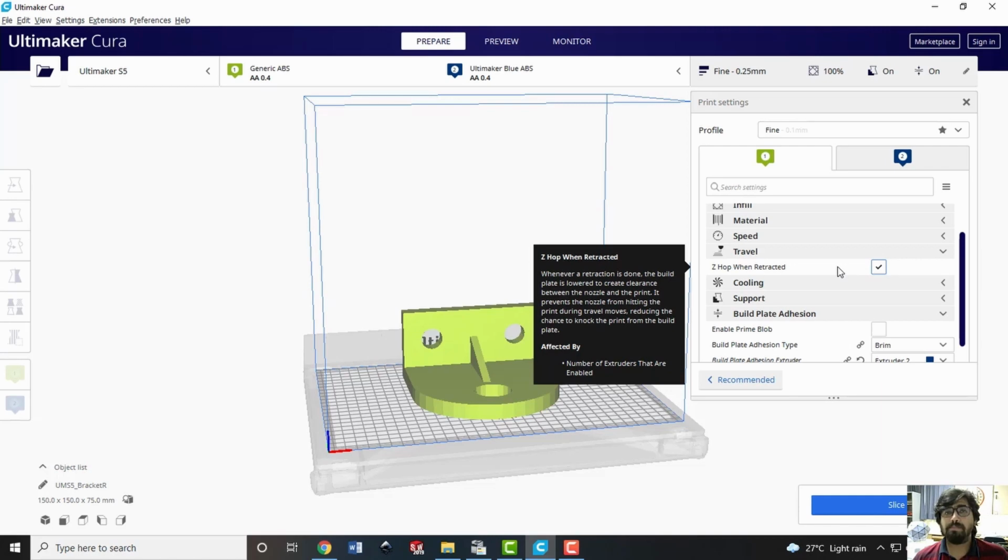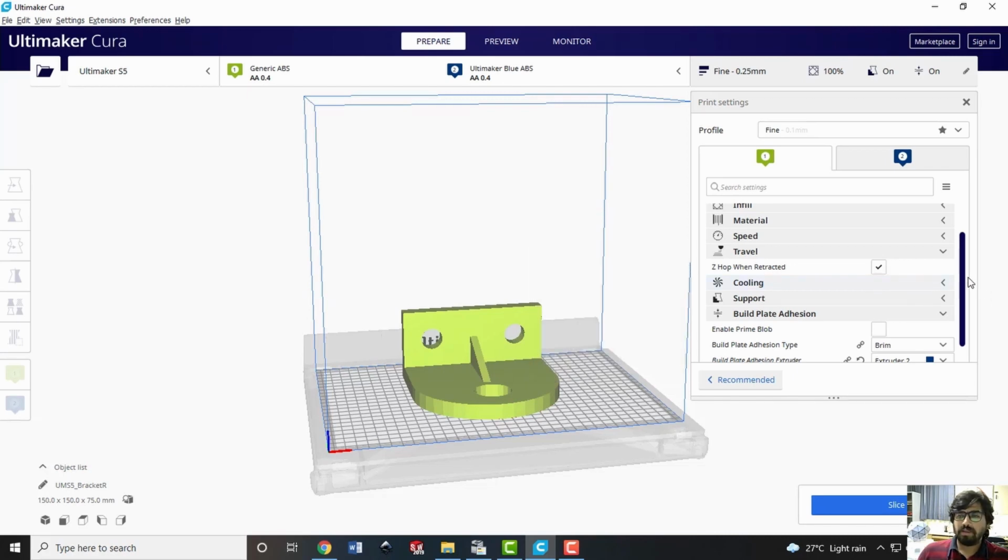the material. But it is in a way safer also, because if you are going up and then moving, some extra material available on the tip of the nozzle will not really get deposited on the undesirable or the already deposited bead, and hence there will be fewer chances of getting a defective part. So just to be on the safer side, I am saying Z hop when retracted.